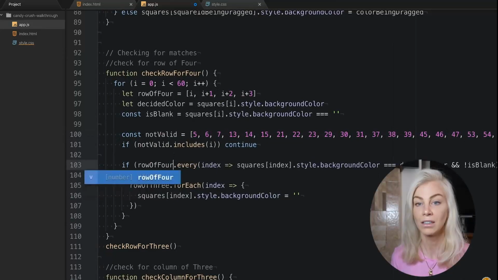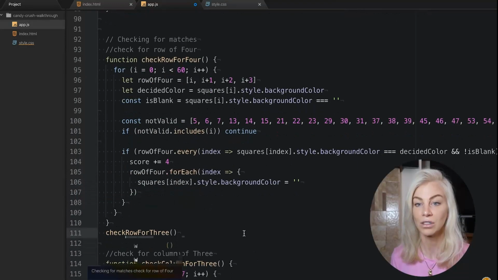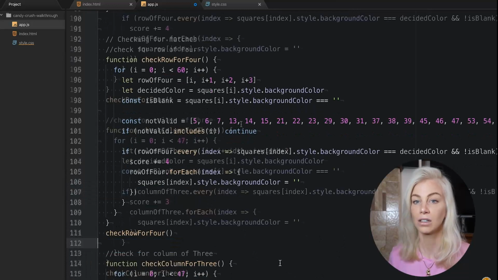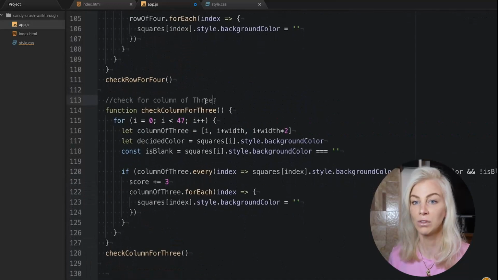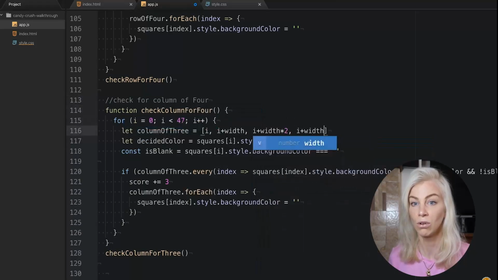Change the array name here, change the score to add 4, change the array name here, and change the function name to check for a row of 4. And finally, change the column of 3 copy version to column of 4 in the pseudocode. Check the function name, change that, make the array an actual column of 4, change the name of the array